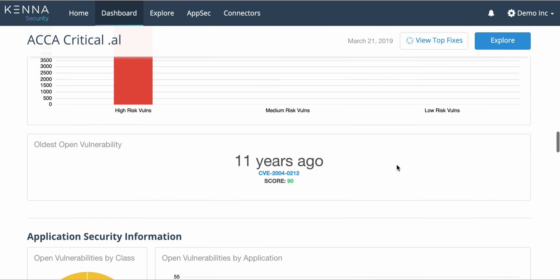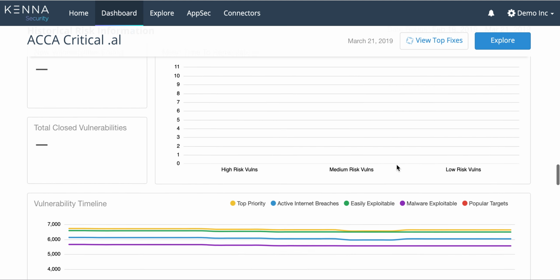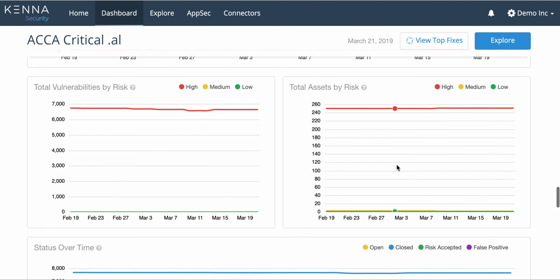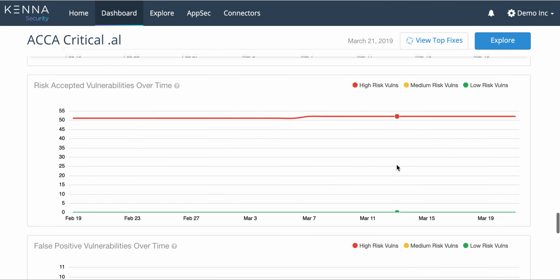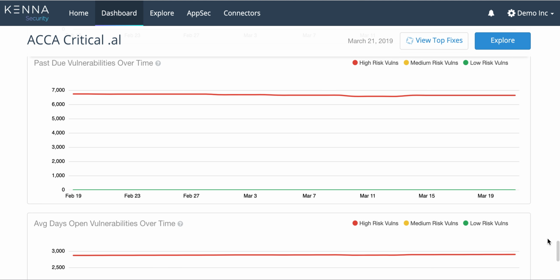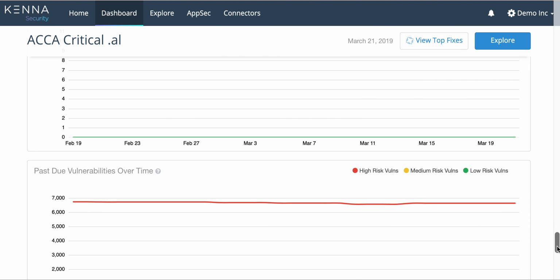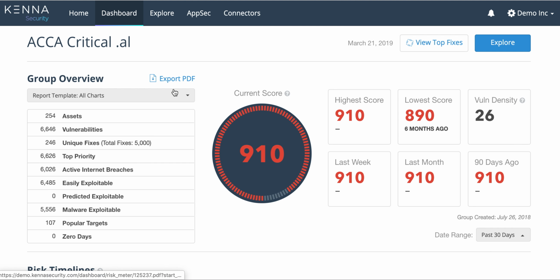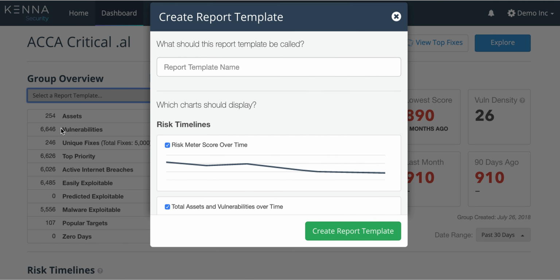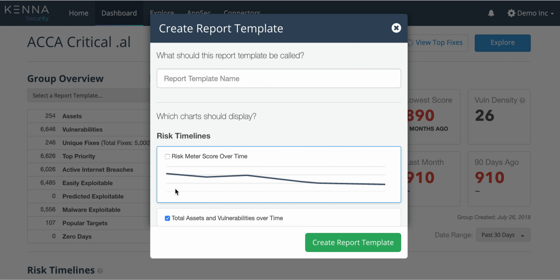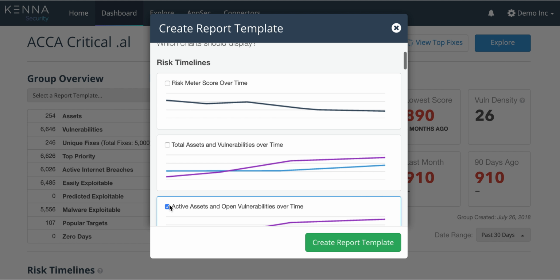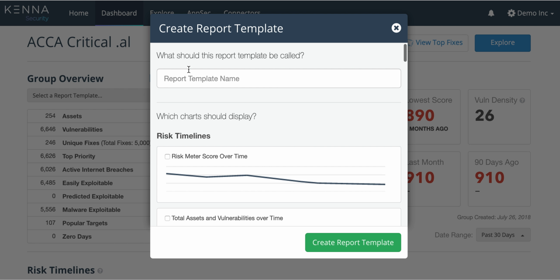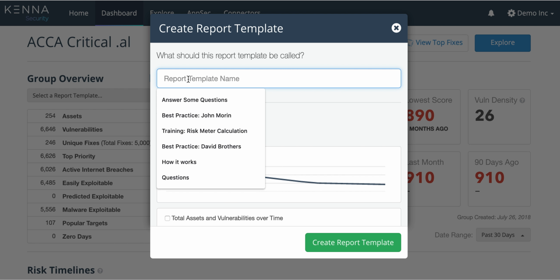Now, one of the things that I get when I demonstrate this to prospective customers, a lot of people kind of freak out saying, whoa, that's a lot more information. I want it, but that's more information than I want my manager to see. But that's okay, because this is actually a template that we've set up that gives you all charts. I can very, very easily add a new report template, and I can turn off whatever I don't want them to see, name that,